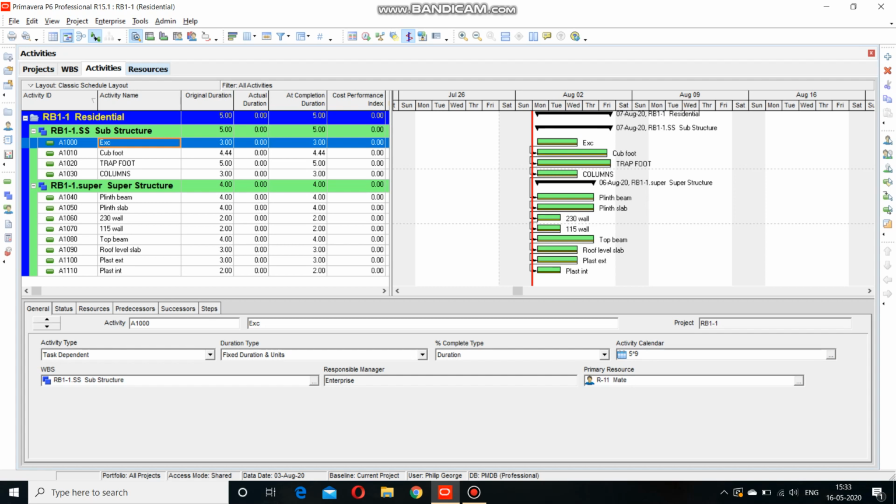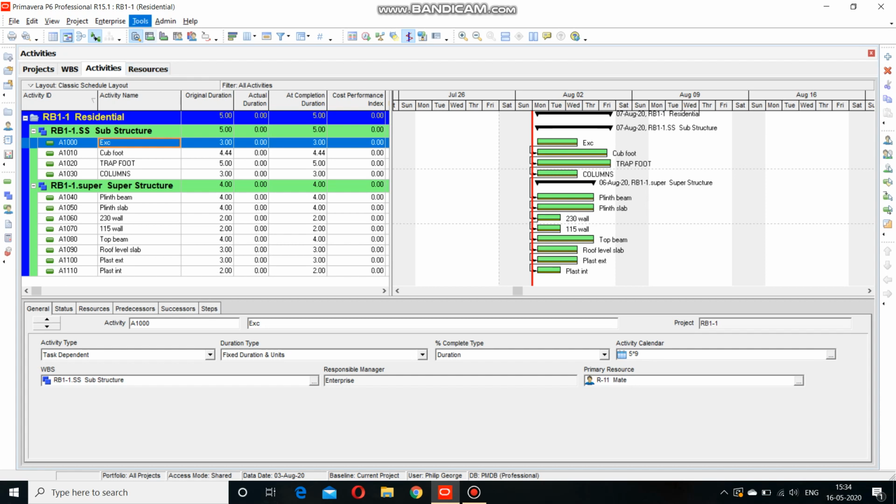Those were the values required to complete the work in a single day. From there we took an optimum value of the number of masons or the number of beldars or mazdoors available, and like that we calculated the total working days for each activity, and the table was prepared. In that table we assigned the number of each type of resource required for each activity in a day. That was the manual part.